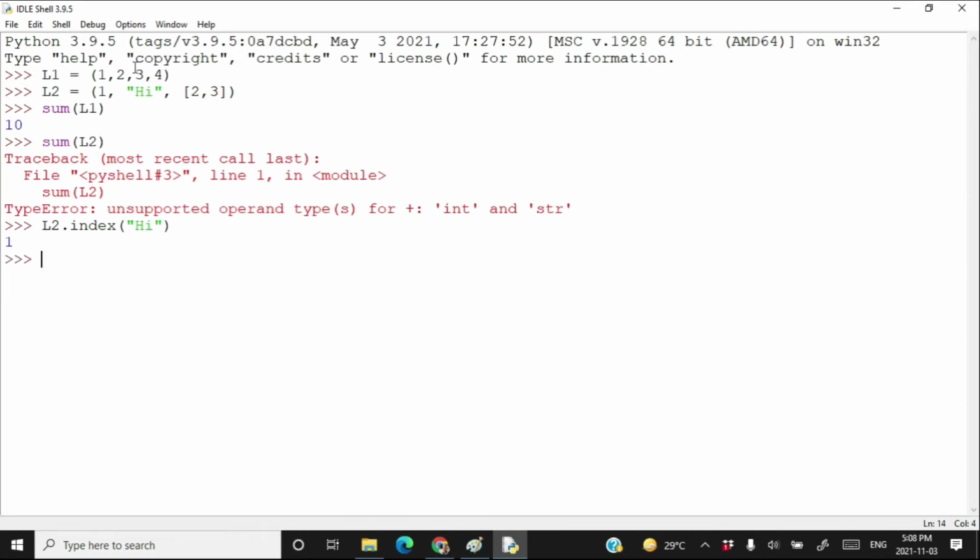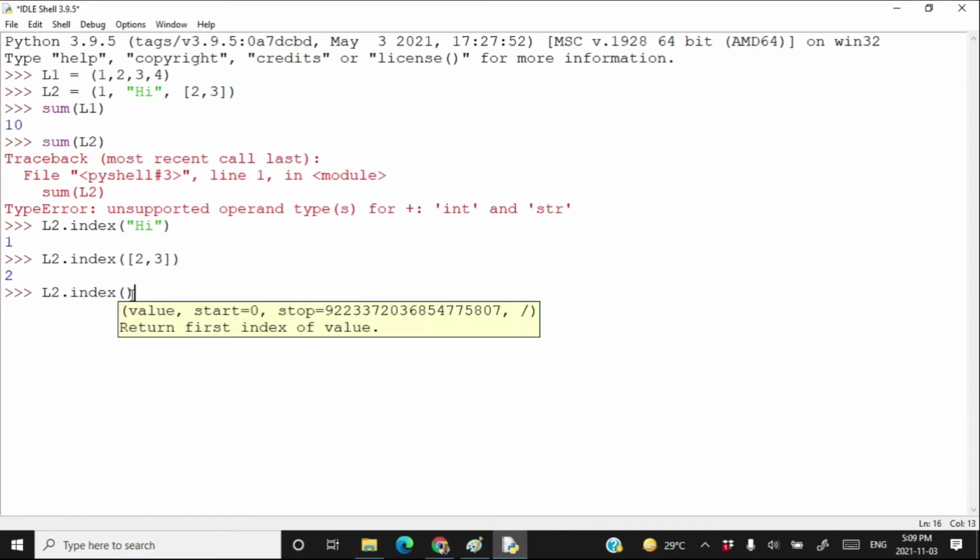The string hi is present at the index 1. I want to find the index of the list 2, 3 in the tuple L2. Now suppose that I want to find the index of 2 in tuple L2.